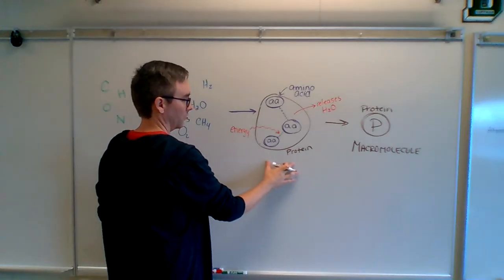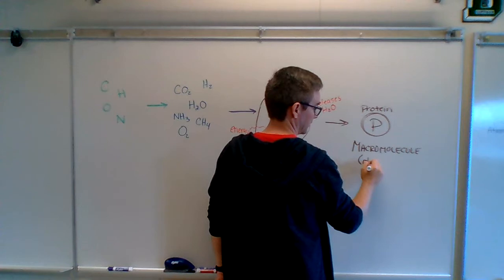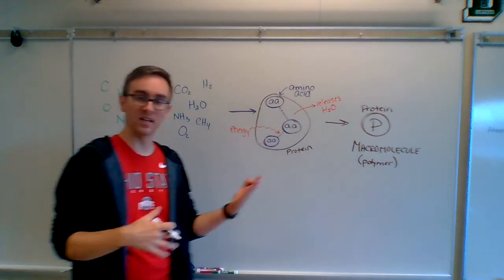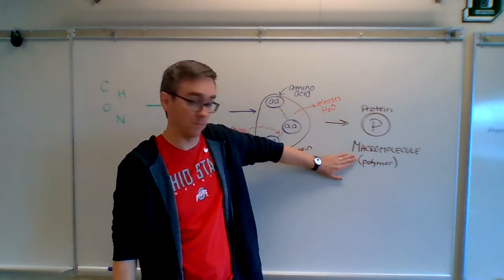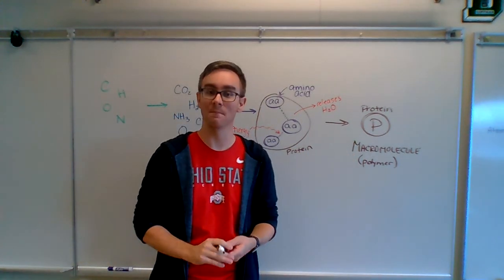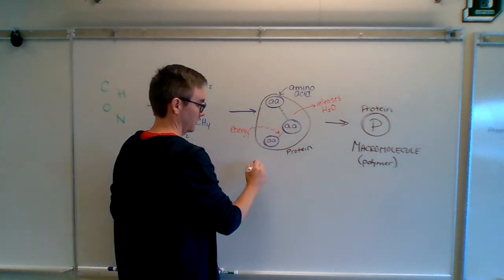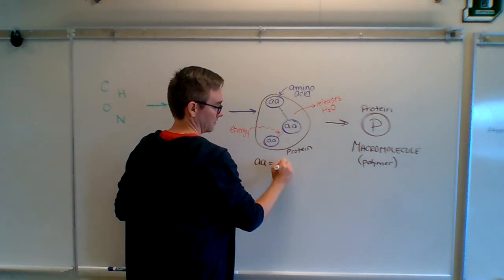So in this case it would be a polymer. So think about what we just talked about. Polymers are made up of monomers, all right? So if a protein is a polymer, what is the monomer? The thing that makes it up is, in this case, for a protein, the amino acid. In this case, the amino acid is the monomer.